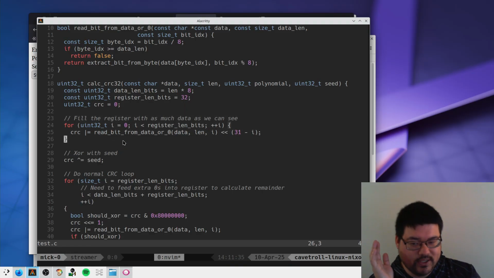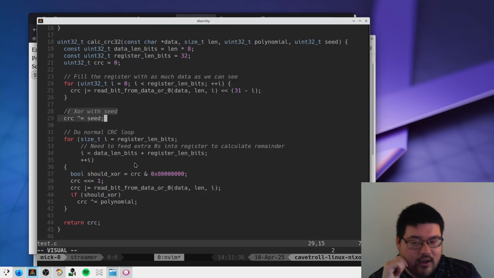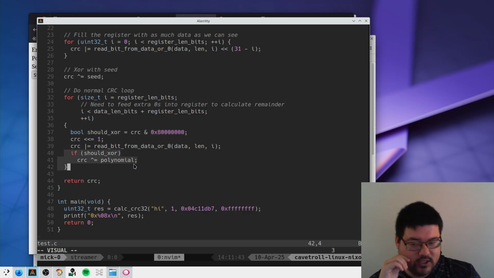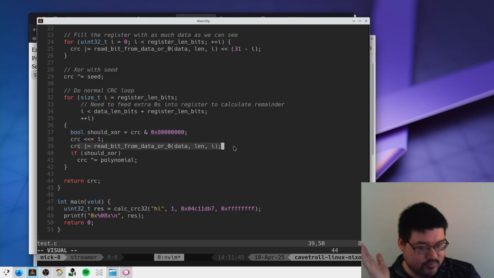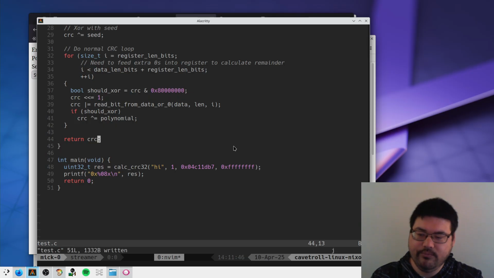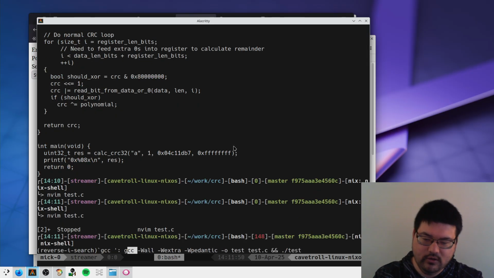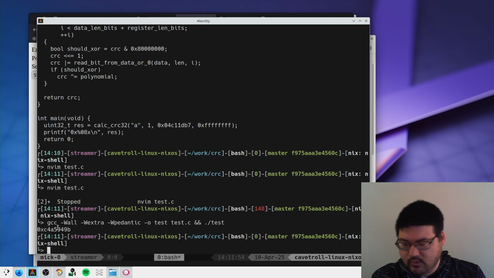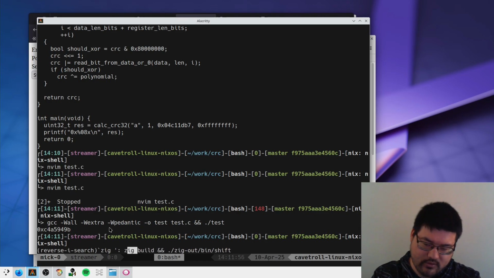So we read the first 32 bits, we apply the seed, and then we do the rest, right? So we say, is the highest bit of the register set? If so, that means we need to do an XOR after shifting in the latest bit, right? Simple. And if we run this guy, we get this number, which if we compare with Zig's implementation of CRC32,